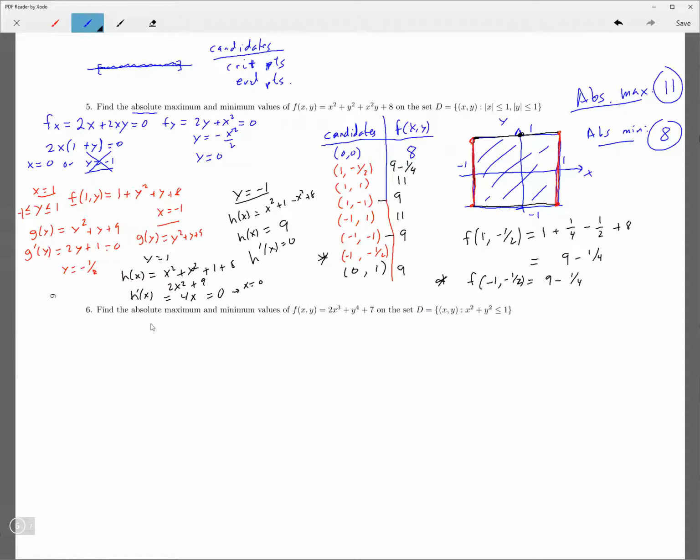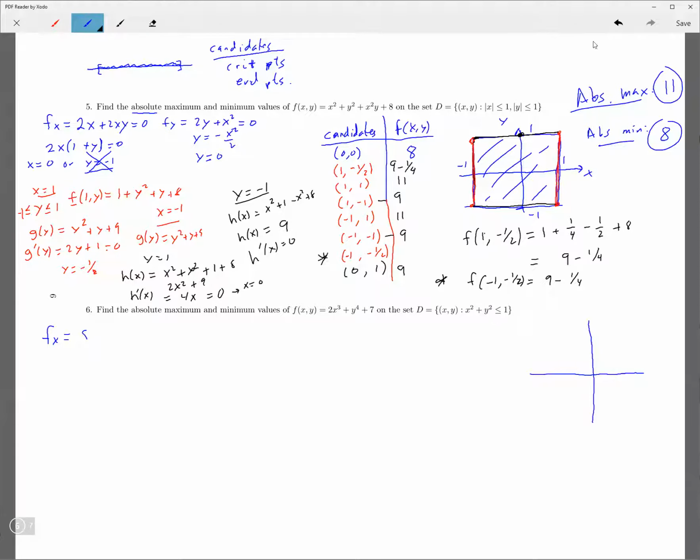Okay, so let's look at number 6. Find the absolute maximum and minimum values of this function on this set here. So there's x squared plus y squared less than or equal to 1. Okay. So what's the first step again? We need to find the critical point by taking the partial derivative with respect to x and y. So fx is,